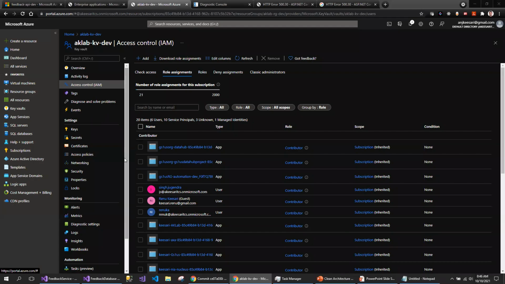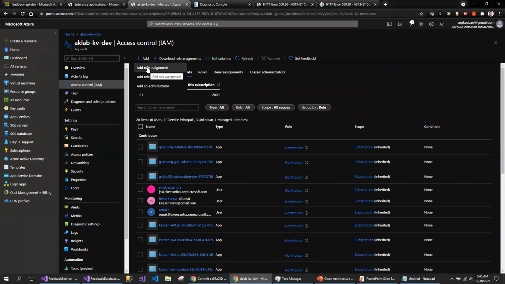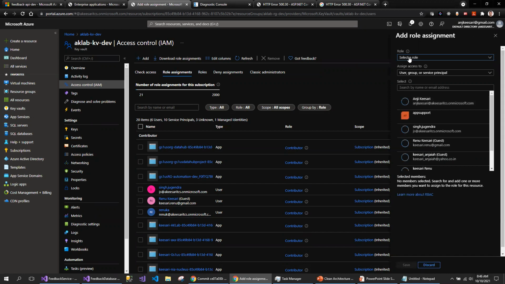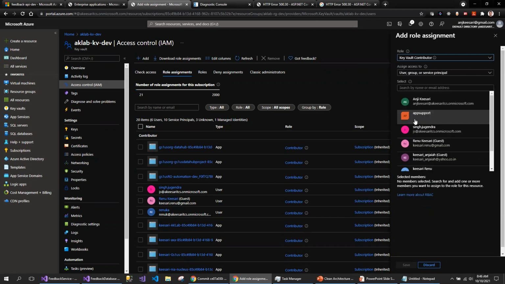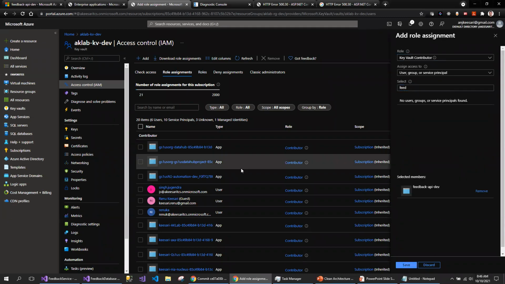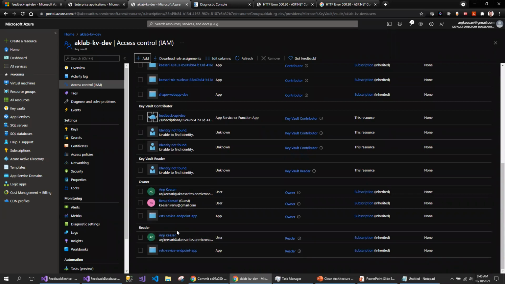So here is the deal. I think I missed adding the actual permission to the service in the Key Vault. I think I might have messed up. So make sure that you go and add role. So I clicked on the contributor. You should be giving the Key Vault reader or the Key Vault contributor, and then select the service. So this is my service. I've already added it here, and you will save here. Once you save, make sure that you are able to see the new service being added.